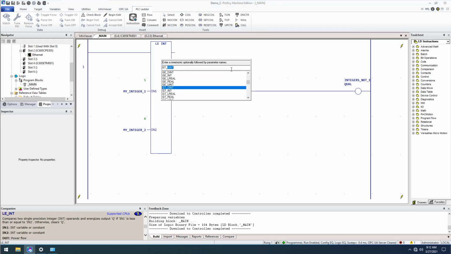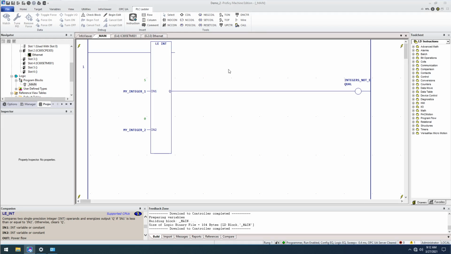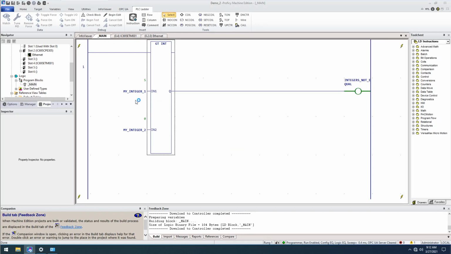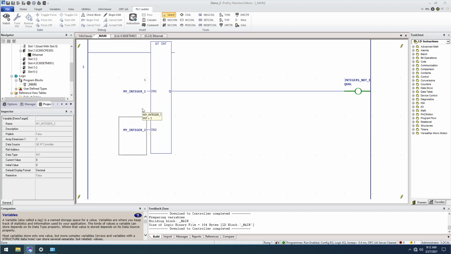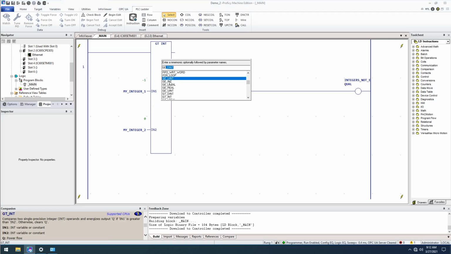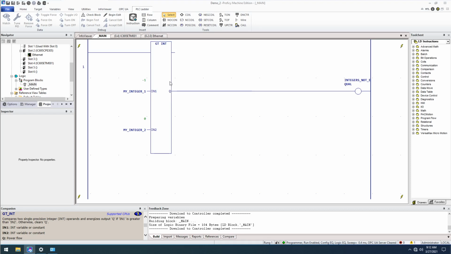So you can use a GT integer instruction if you so desire, which just checks to see if in1 is greater than in2, not greater than or equal to, just greater than. And in this case, 5 is greater than 0, so pass power. What if they're the same? Nope, don't pass power. What if it's less than? Don't pass power. And then on the greater than or equal to condition, we're going to use the GE integer